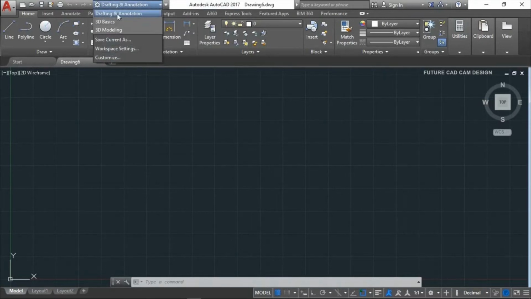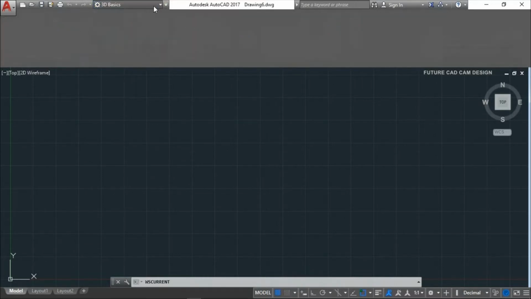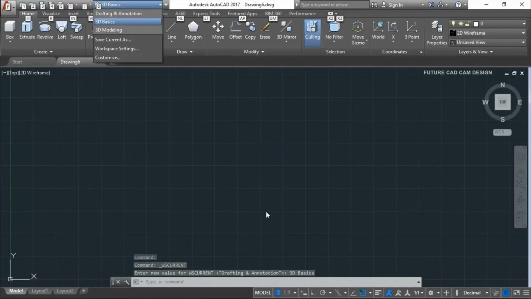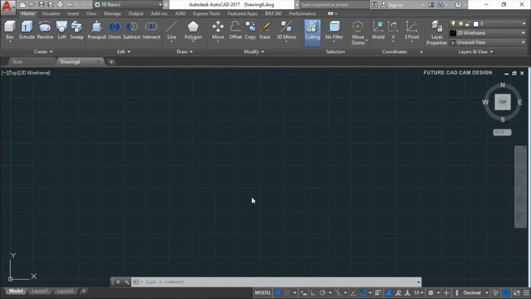While clicking this workspace, you can see these options: Drafting and Annotation, 3D Basics, 3D Modeling. If you click this one, you can see the 3D tools. But now we are seeing only about 2D, AutoCAD 2D.